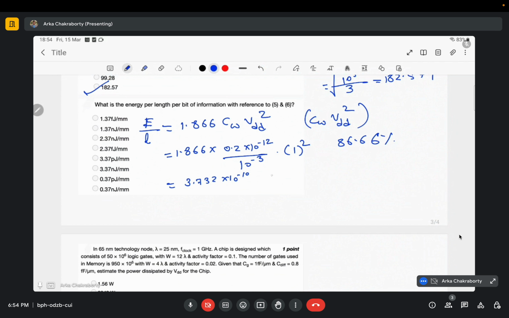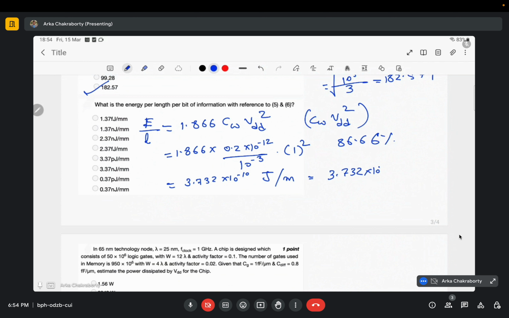Oh, correct. So it is how much? It is joule per second, joule per length, meter. So if I convert it into picojoules per millimeter, then it would become